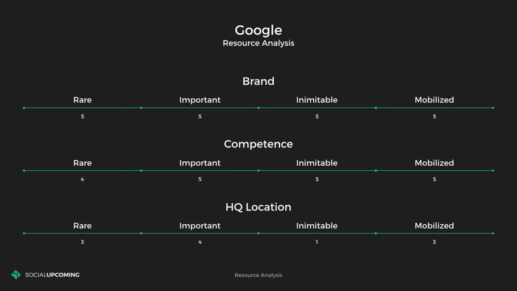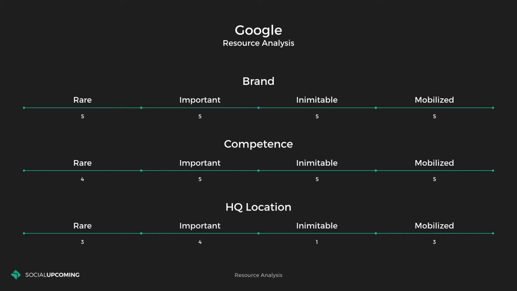You can't just say, okay, you have to teach that guy all you know. And they also mobilize it because they develop products and ideas and solutions every single day. So they mobilize the competence that they have, and competence is really important because that's the brain power that Google has. The headquarters location, however,